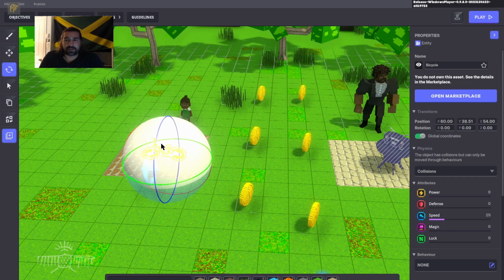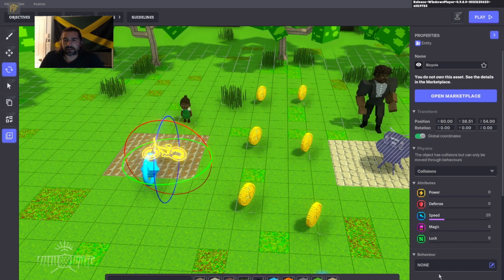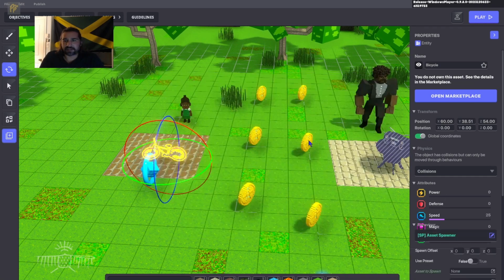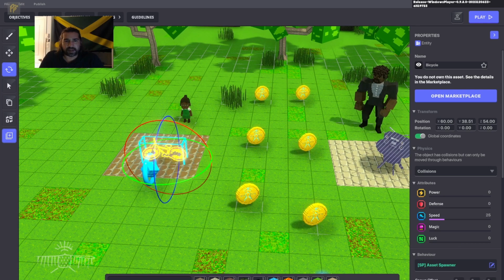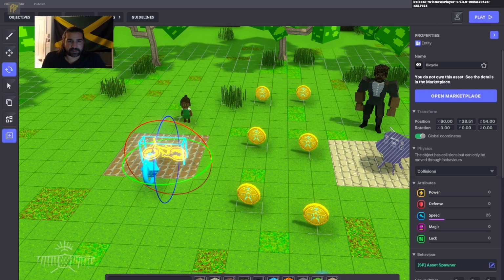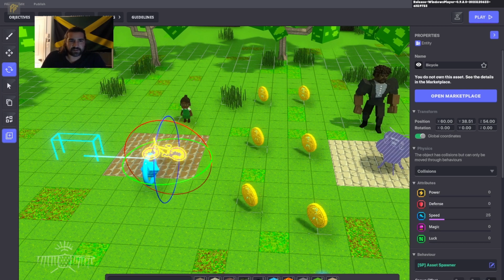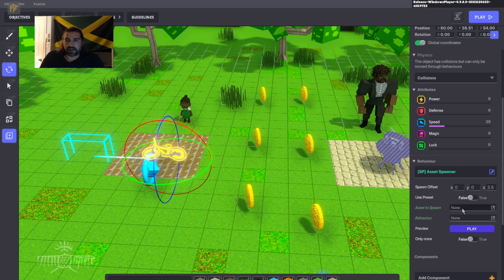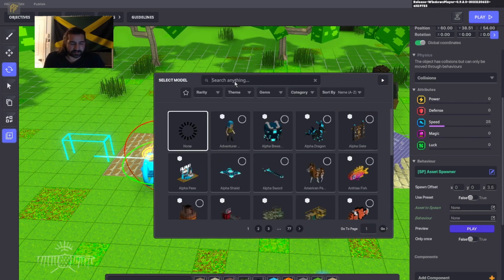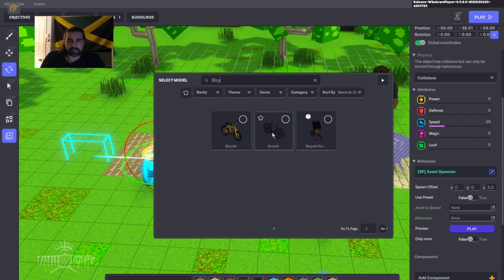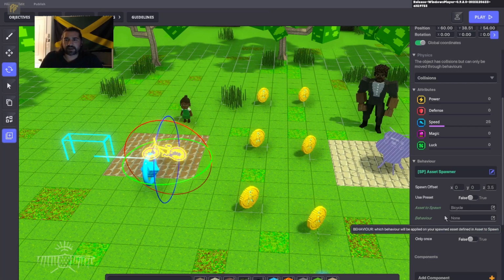So actually I'll just use this bike here, and let's do an asset spawner. I'll spawn it like 3 units over to the side. Something like that. And I'm going to spawn in one of my bikes. Spawn that in. I don't need a behavior or anything, but